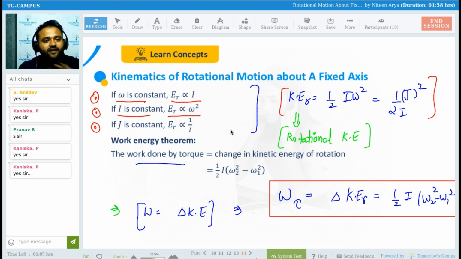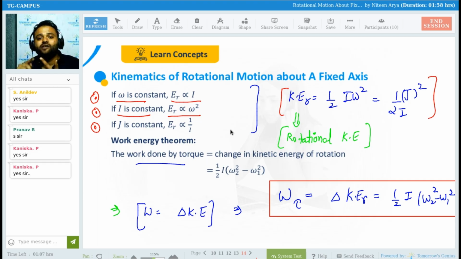Clear? Same thing I am rewriting for rotational motion, for a body rotating around an axis. Nothing I am changing. What we learned in the previous chapter,